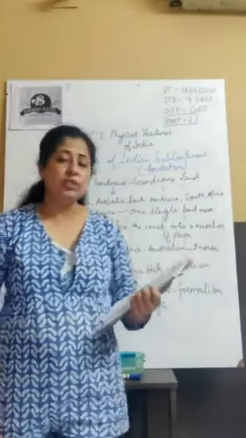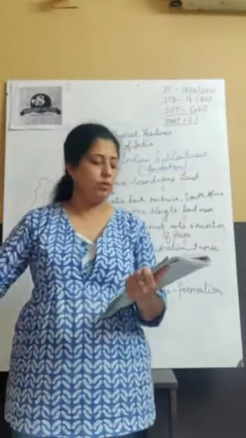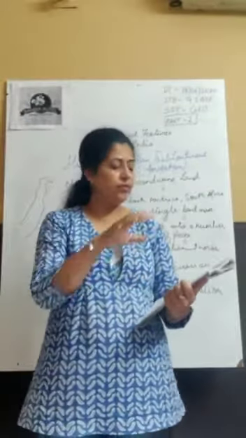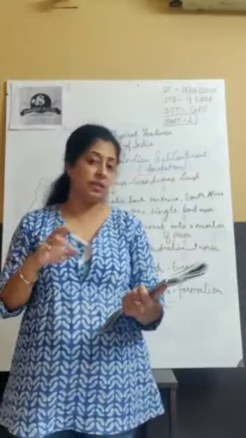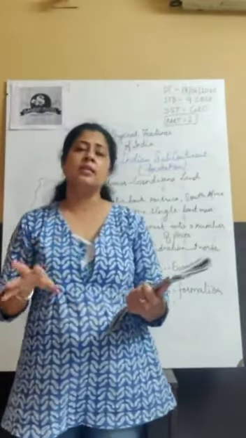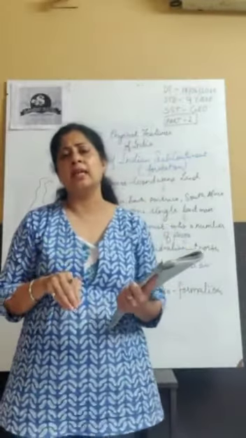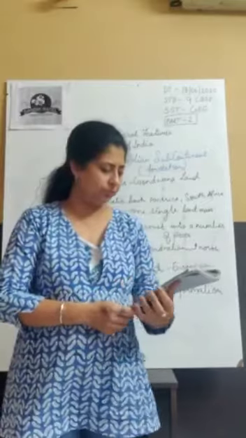Now, out of these physiographic divisions, the first one is the Himalayan mountain range. The second one is the northern plains. Below that, we have the peninsular plateau, then we have the Indian desert, then we have the coastal plains, and lastly the island part. So these are the 6 categories in which India is divided physically.